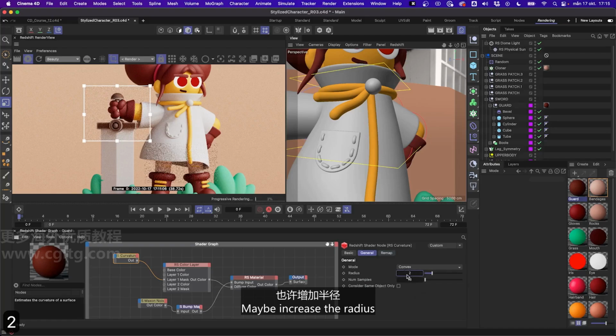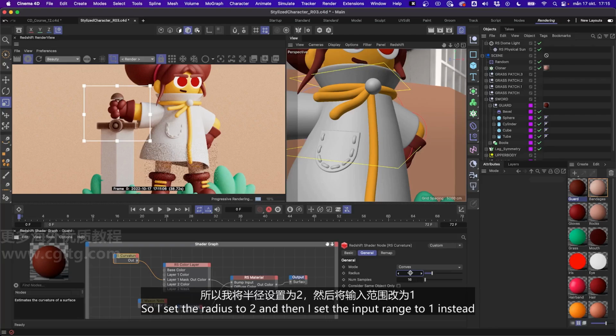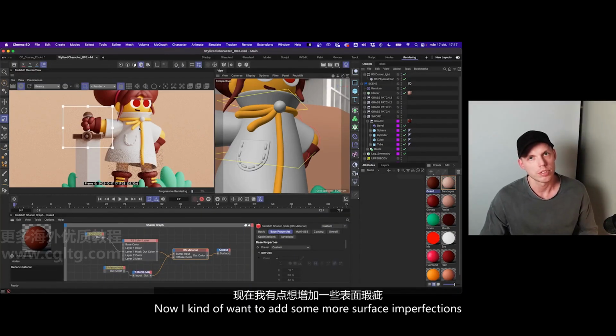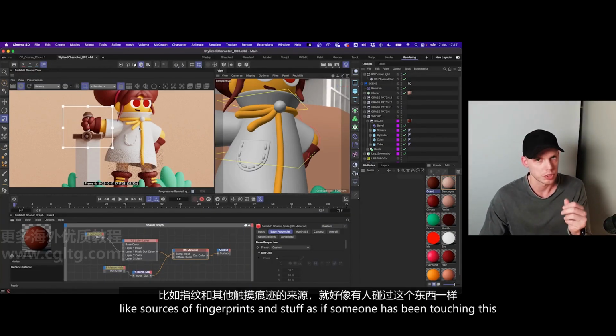Maybe increase the radius, try and see what that does. That actually helps a lot. It doesn't feel as concentrated, it feels more like gently brushed on there. So I set the radius to 2 and then I set the input range to 1 instead, so I think that's looking great. Now I want to add some more surface imperfections, like sources of fingerprints,